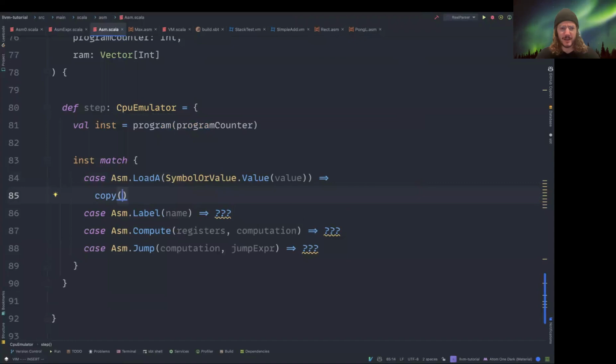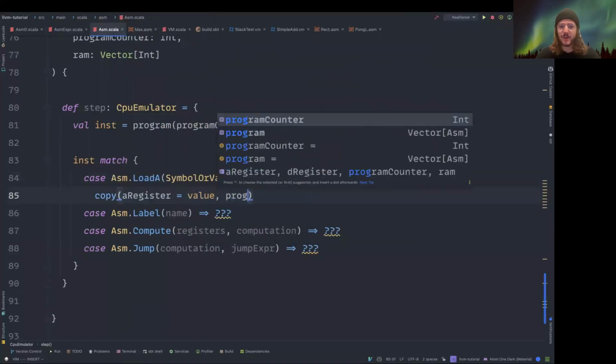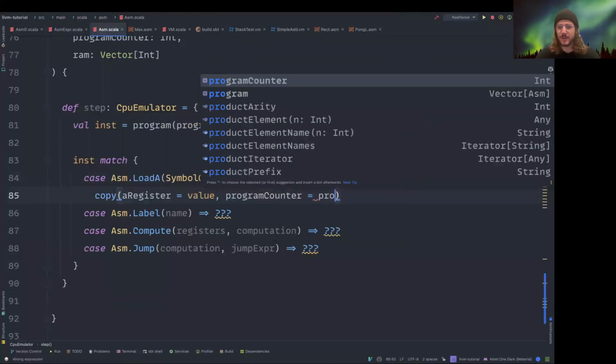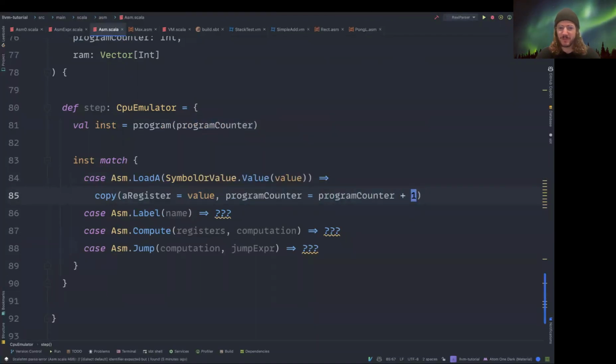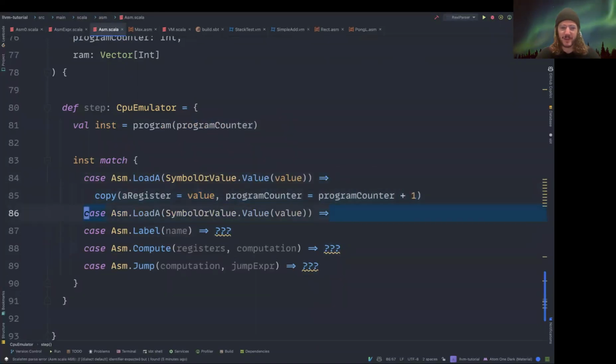We copy the A register is going to be equal to the value. And then the program counter is going to be program counter plus 1. So that's A, pretty straightforward. And if we get anything else here,